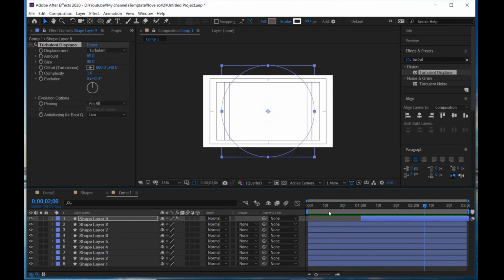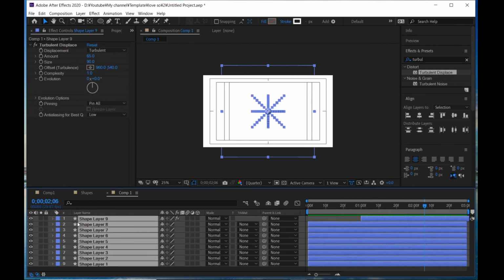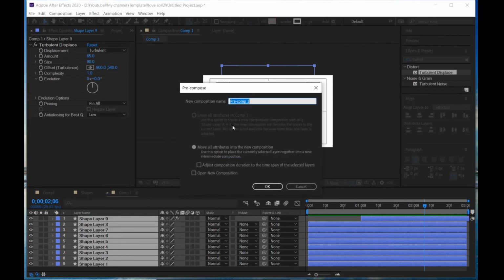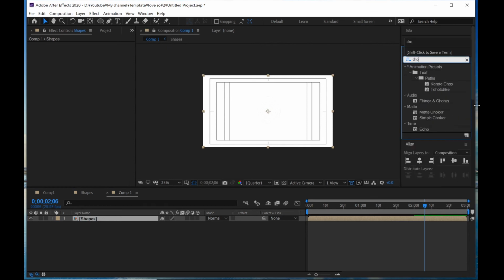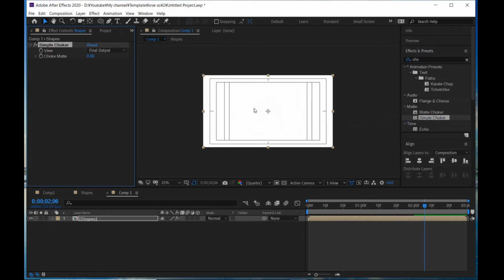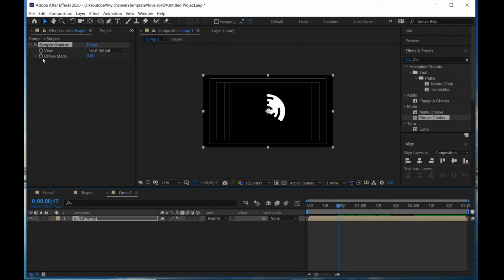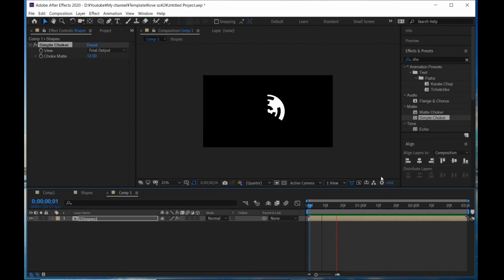Good. Okay, then Control A, select all of them and pre-compose them. I call it shapes. Okay, and go to Effects and Presets again and type Simple Choker, this one, apply it. I make the choker matte to 12. Okay,